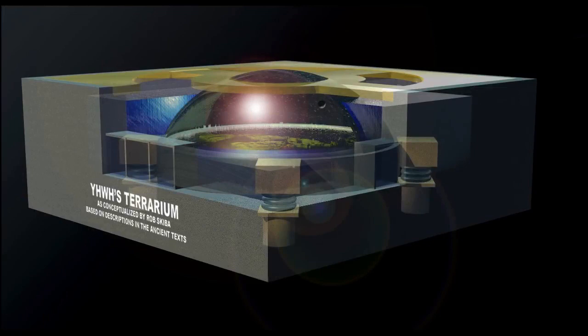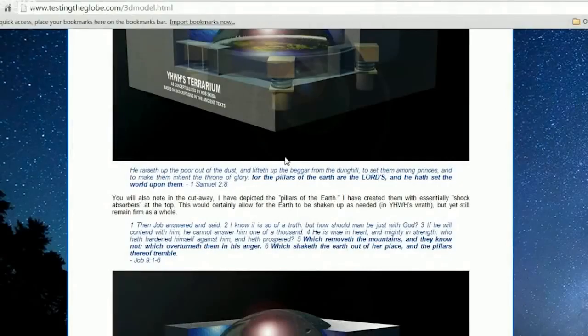World set on pillars. You will also note in the cutaway, I have depicted the pillars of the earth. I have created them with essentially shock absorbers at the top. This would certainly allow for the earth to be shaken up as needed in Yahuwah's wrath, but yet still remain firm as a whole. Because there are scriptures that talk about the earth being moved to and fro like a drunkard, and scriptures like this right here, Job 9:1-6, beginning of verse 1, it says, "Then Job answered and said,